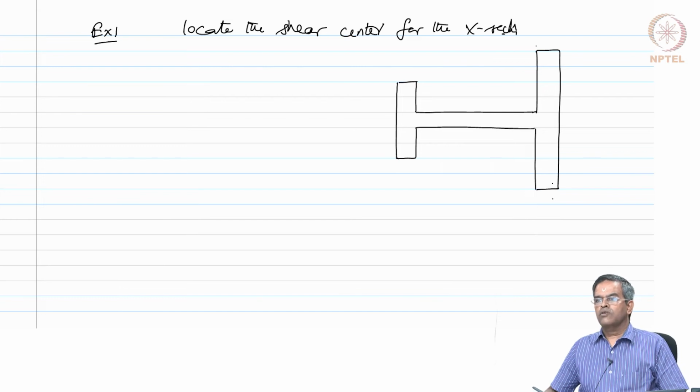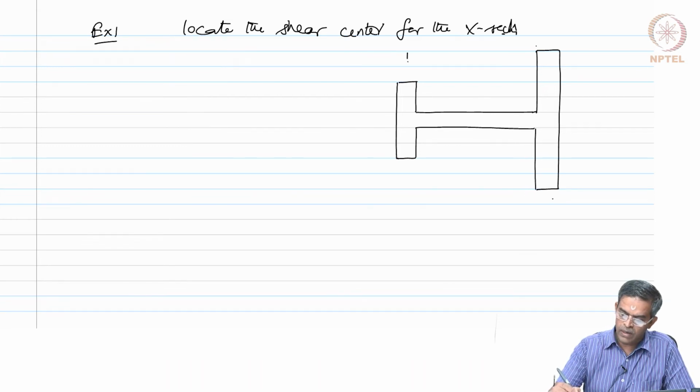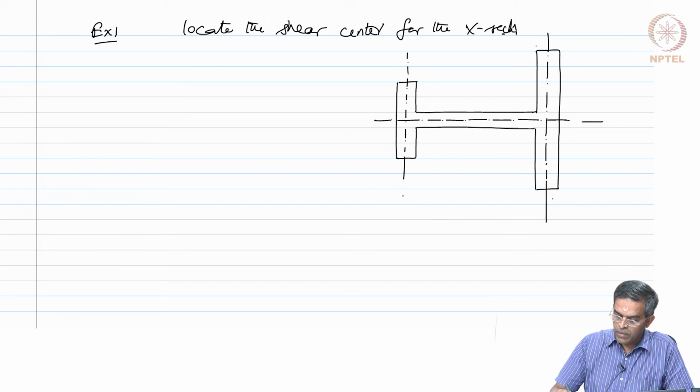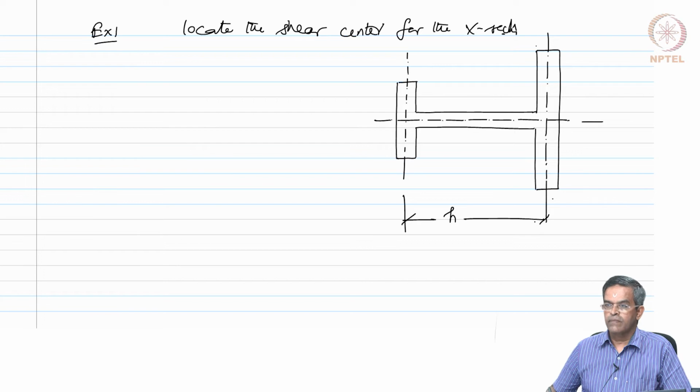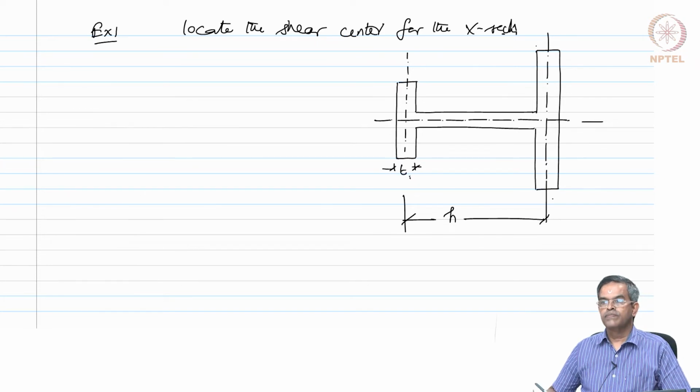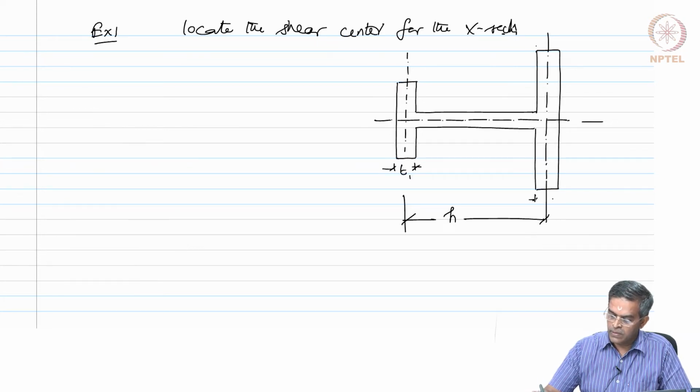Let us mark the geometric dimensions of this. Let us mark the center line of this. Call this dimension as h, this thickness t1, and this thickness